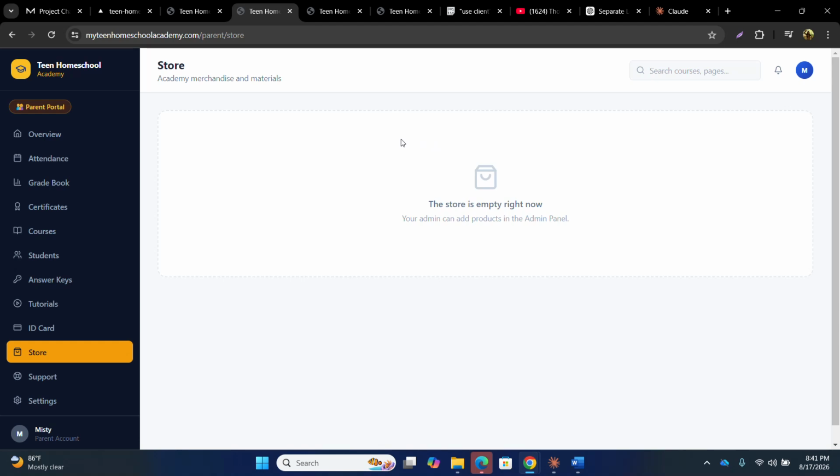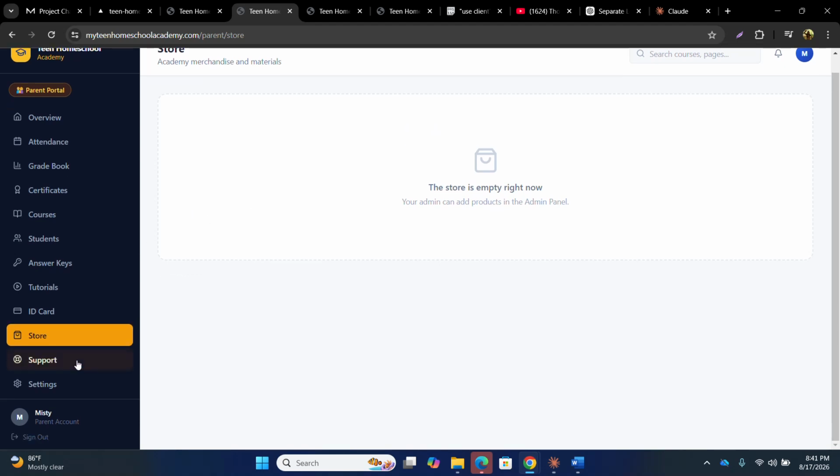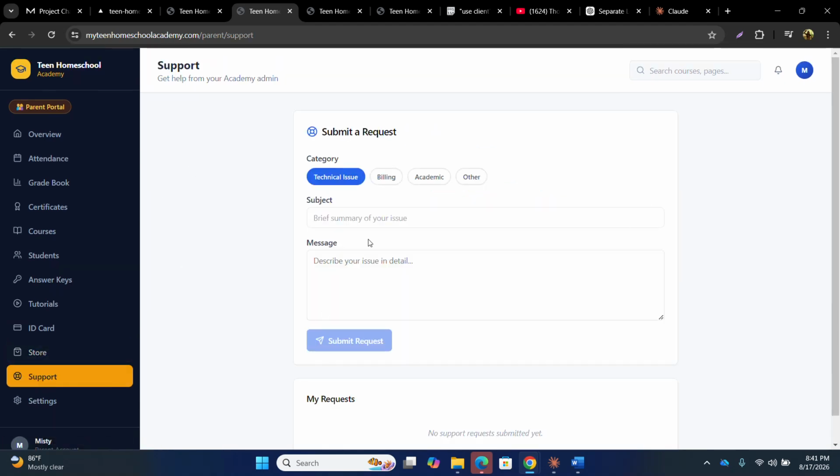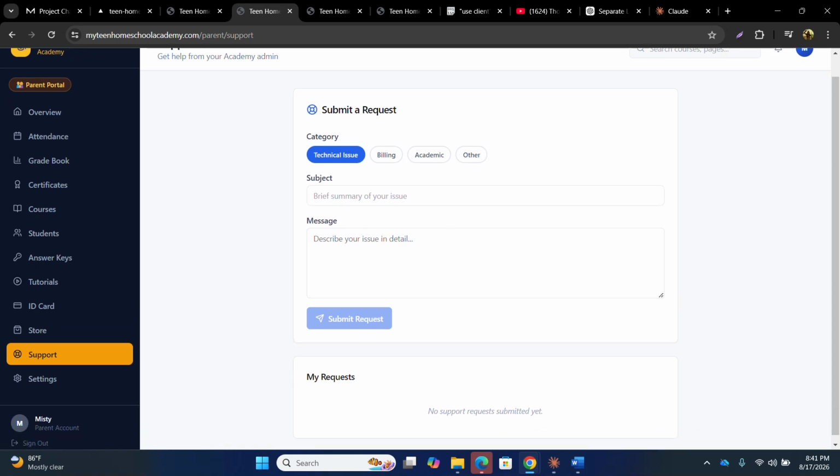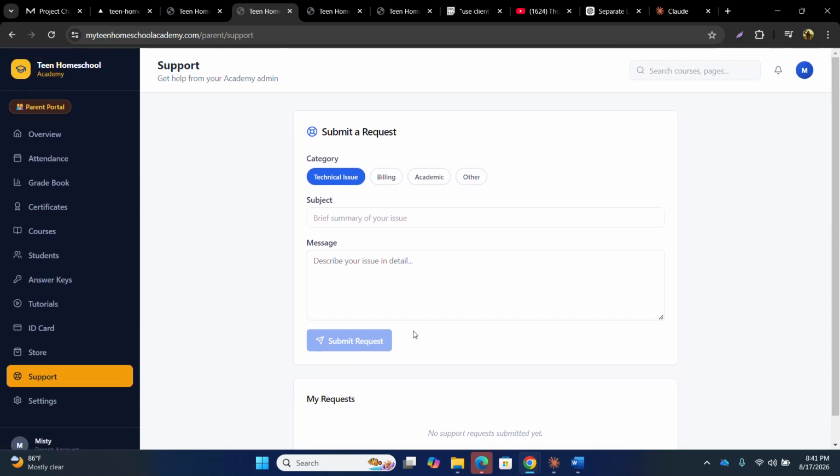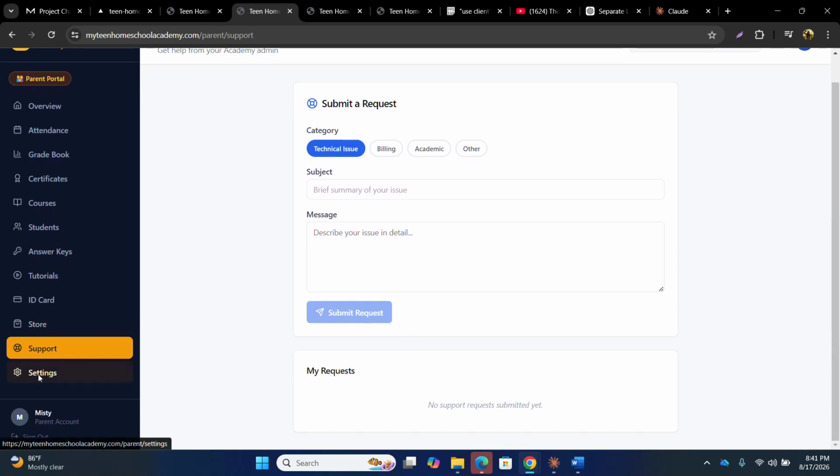Here, store is going to be available soon with books and materials and odds and ends like merch and t-shirts and that kind of thing. Then we got your support button here. If you have a technical issue, you can send this in, and then you can track your tickets here. And then we have settings,